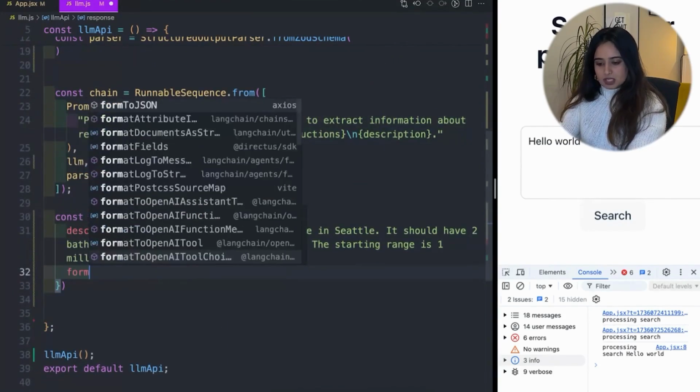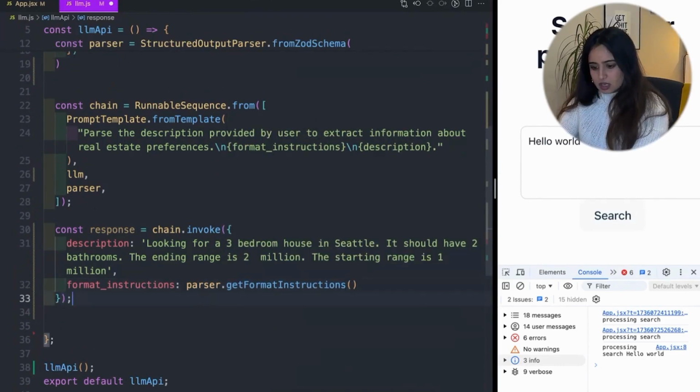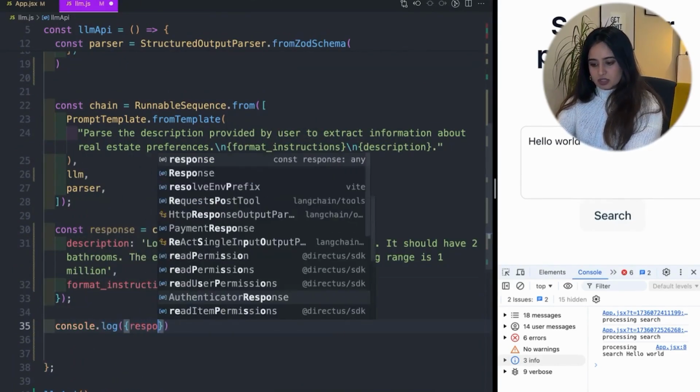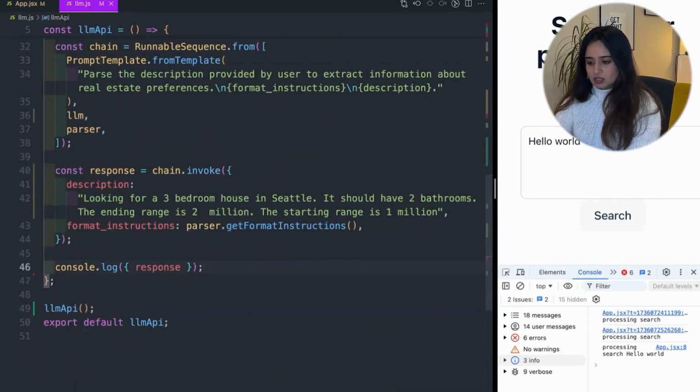And then I also need to pass format instructions. I've got parser.getFormatInstructions, and that's all I need. Now I can just console log response to see what the LLM creates. Now, if everything was fine, this should work. In order to run this, I can call node